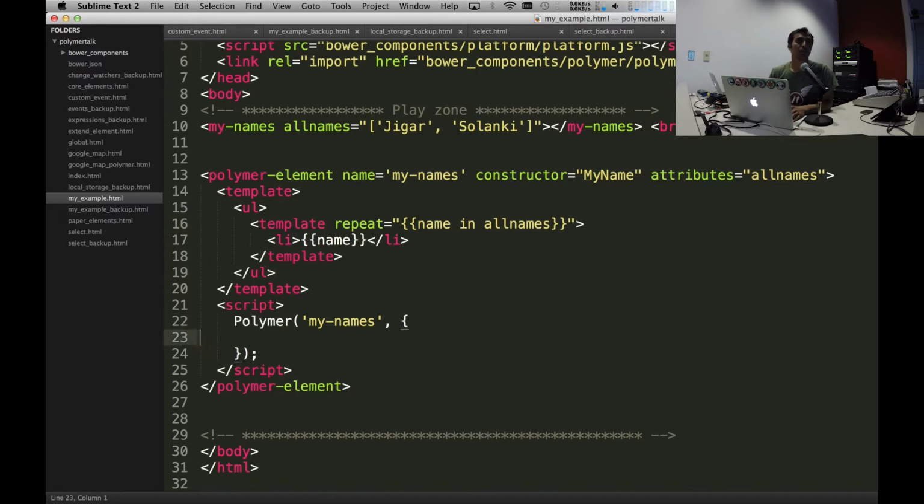However, there's a catch to it. If it had worked, I would have shown you. But when you expect some array or object, you always want to give some defaults defined in the prototype, and that's how Polymer knows what type of attribute it is. When you have a default of an empty array, it knows that it needs to expect an array. If you pass in something garbage, it'll just ignore it or give you an error. Anyways,